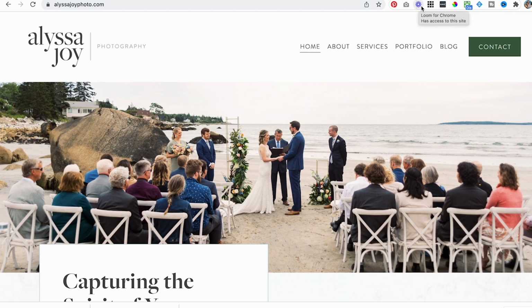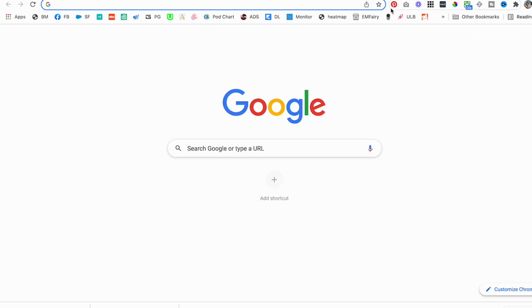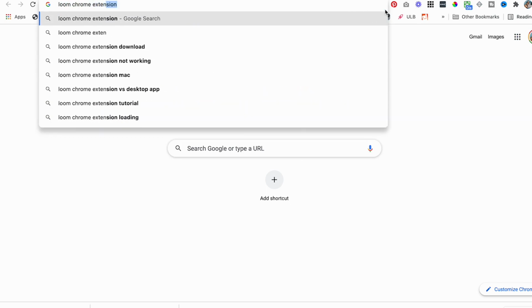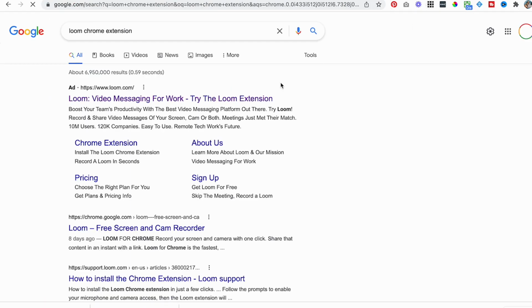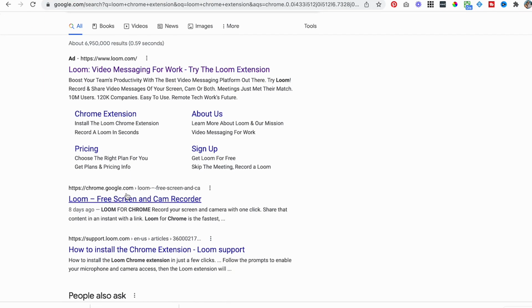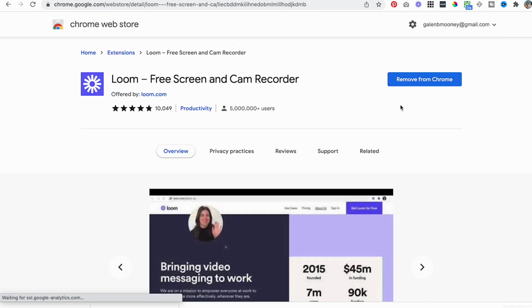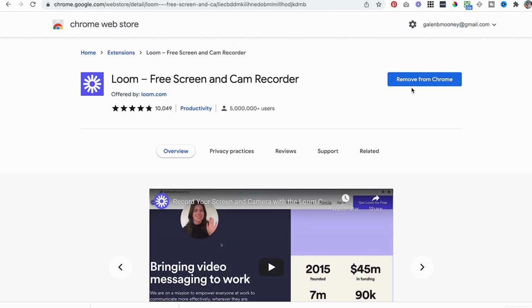You can click on the Loom tool. I have, again, already installed this as a screen capture software, but if I go to Google and type in Loom Chrome extension, I can download from the Google Chrome store. You can see it's going to say already added. You can download this, right, or add it to Chrome right from here, add it to your account, and then